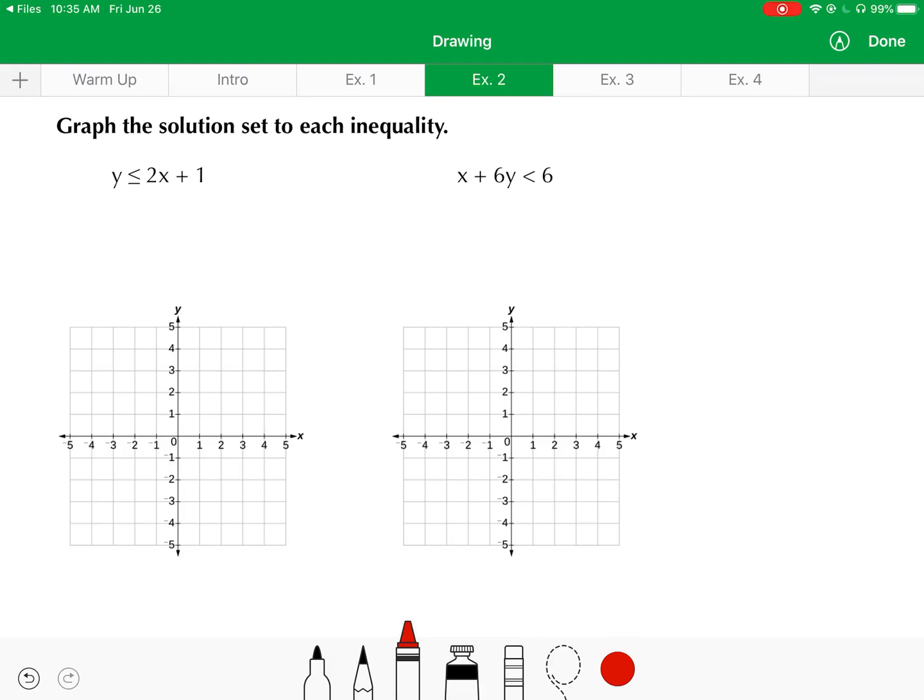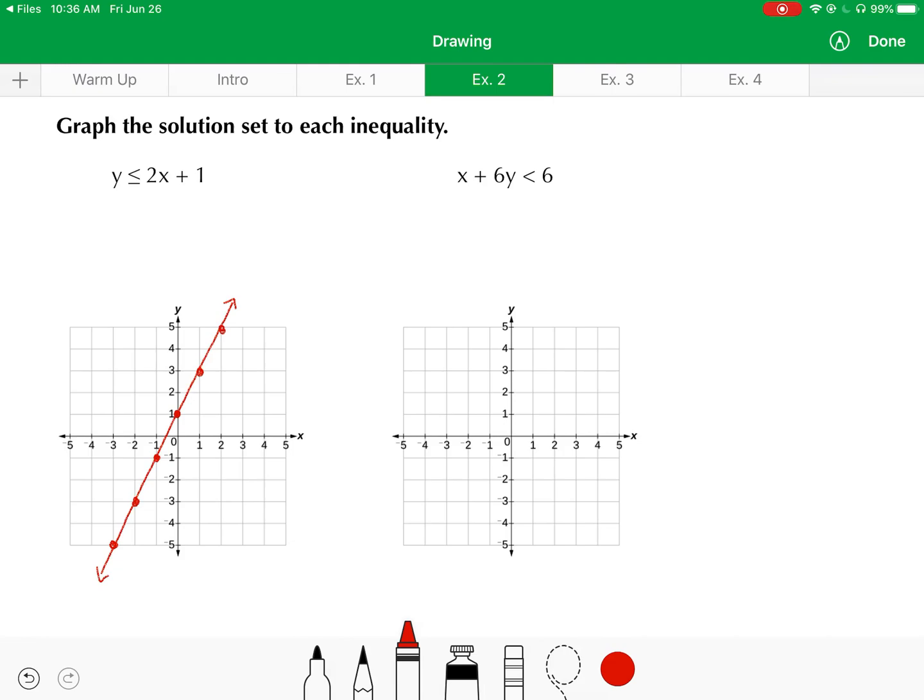So let's start with y is less than or equal to 2x plus 1. I'm going to graph the line first of y equals 2x plus 1. It has a y-intercept of 1 and a slope of up to the right 1, where you go down to the left 1. Fill up the graph with as many points as you can, and then we're going to connect all those points with a solid line. That's because